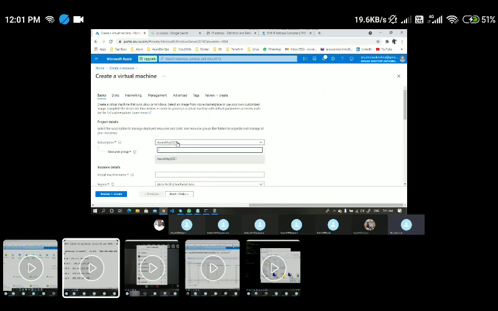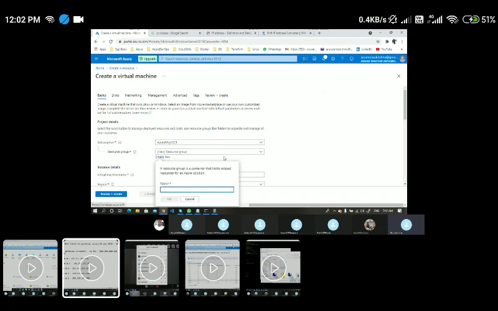So you should choose which subscription you want. At this moment I have access to only a single subscription, so that's the reason I'm choosing it. If you have 100 subscriptions and you want to create this VM in a specific subscription, you have to choose it from the drop-down like this. And for the resource group, if you want to create the VM within an existing resource group, you can choose any one of the existing resource groups, or we can also create a new resource group directly from here. So I can just use this Create new, and here